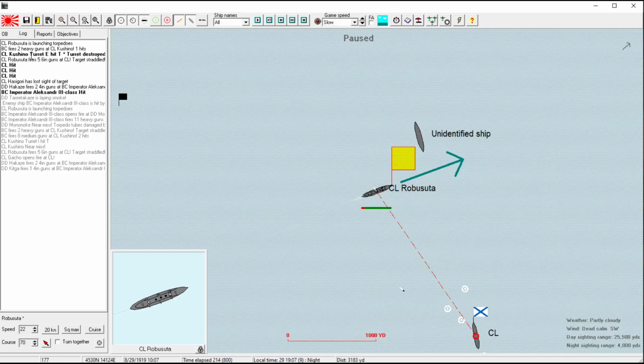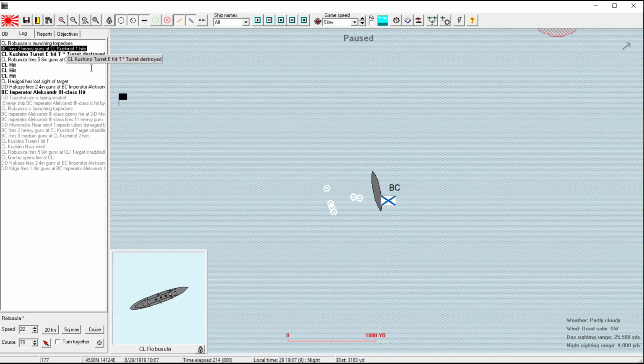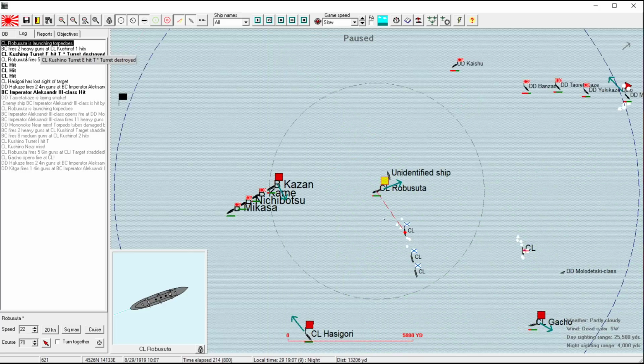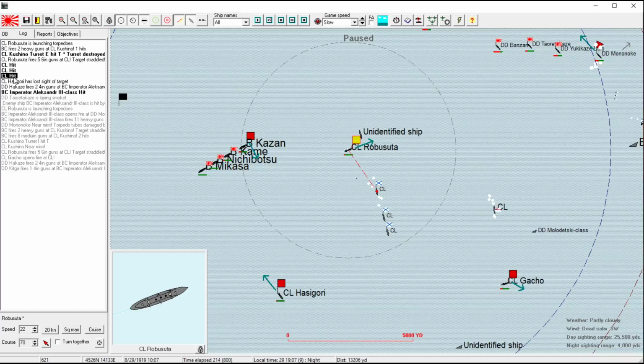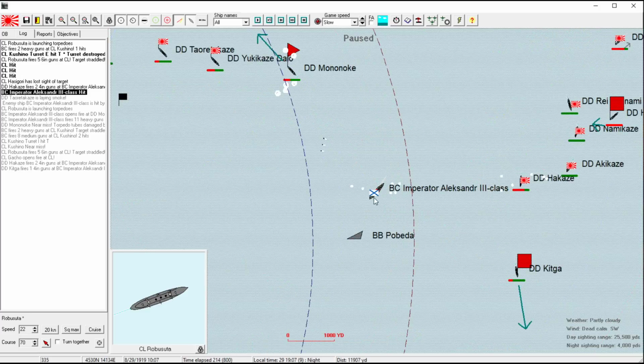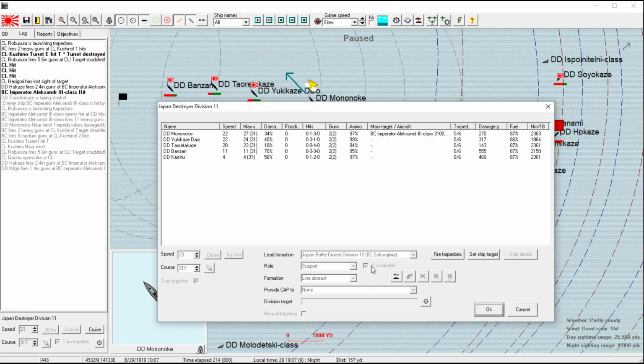I don't think these are light cruisers, but they could be. Heavy guns firing at the Kushino. And she is now in port. Okay, that was her. That's a very good thing. The heavy guns are starting to hit her. 3 hits and a hit on the Imperator Alexander. I don't think that's going to be a particularly good thing, but...